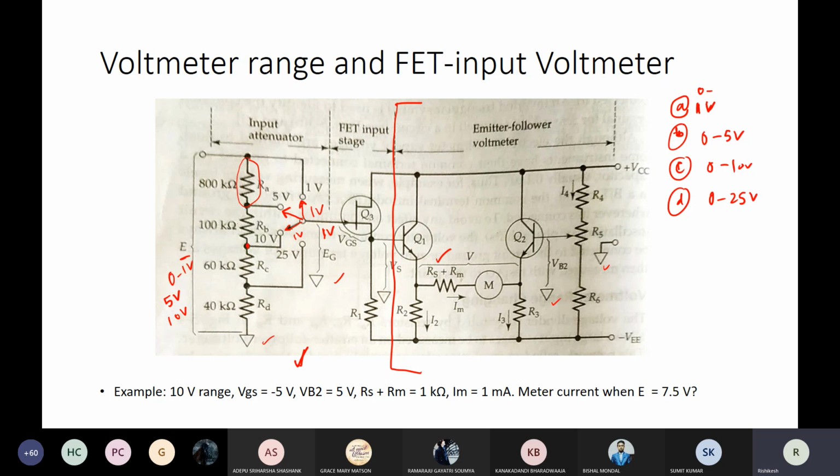Now this circuit is basically assisted with an FET component which is connected at the input stage of the voltmeter. Basically, it is a JFET source follower circuit which is shown here, and this FET based circuit offers very high